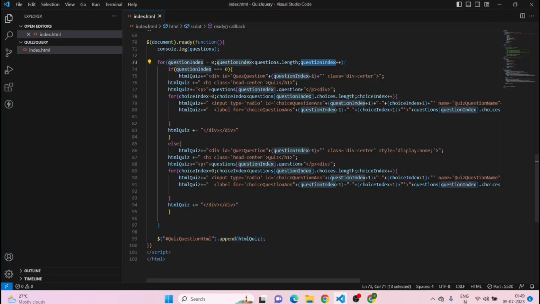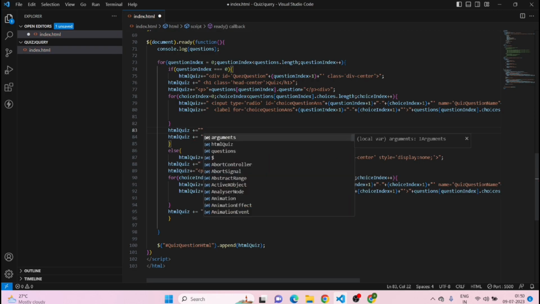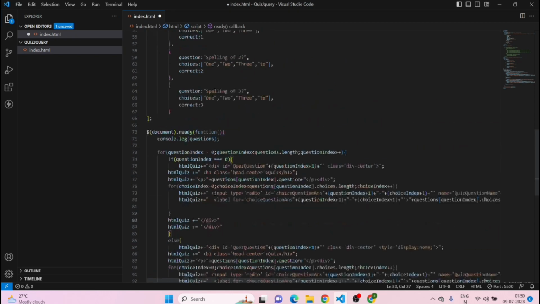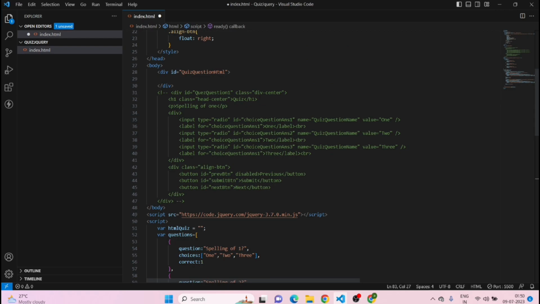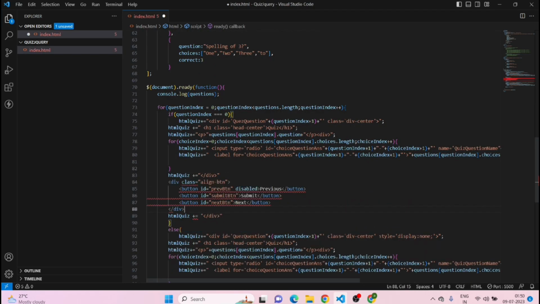So what I'll do is, after this we have to write another HTML quiz. We have to write it for button. Okay, this one, double quotes. Just make sure to close it here, because it will be closing here and then we will be starting our button thing. Okay, so I'll copy this one for now, paste it in between, get the thing, copy this, Control Z, paste it here